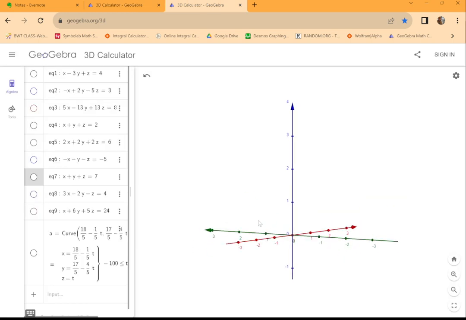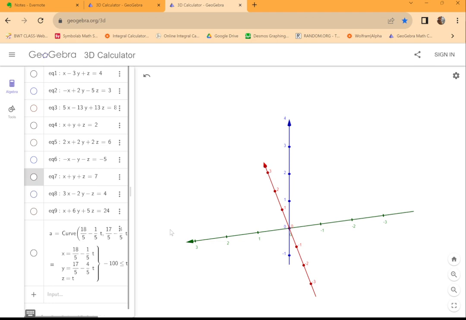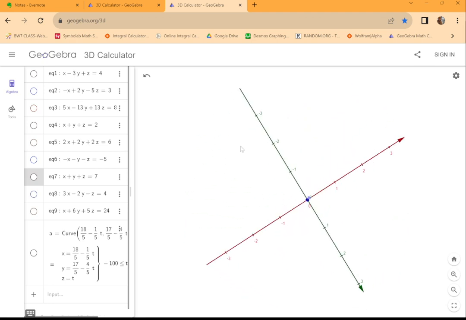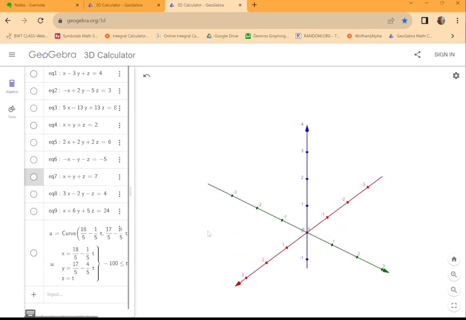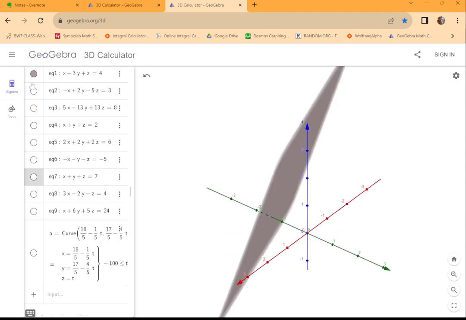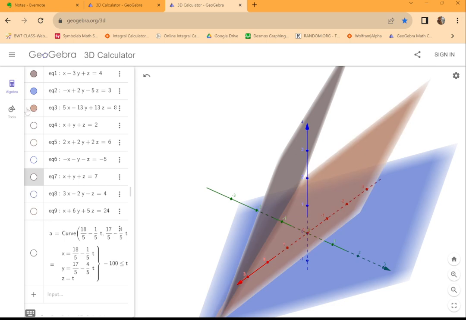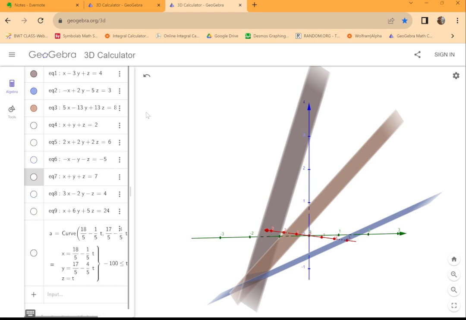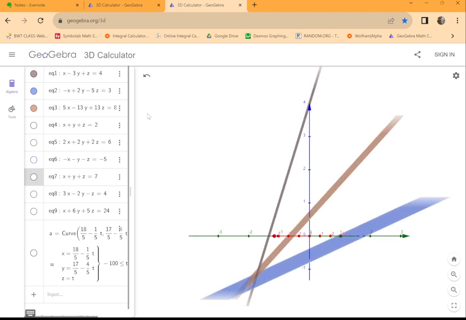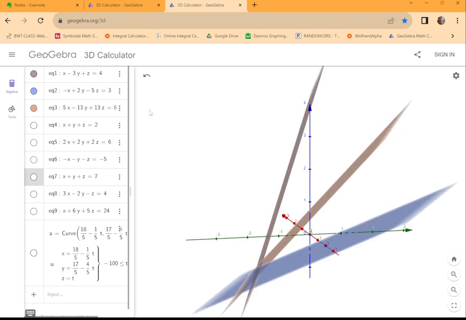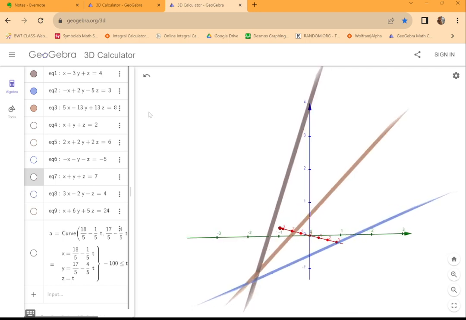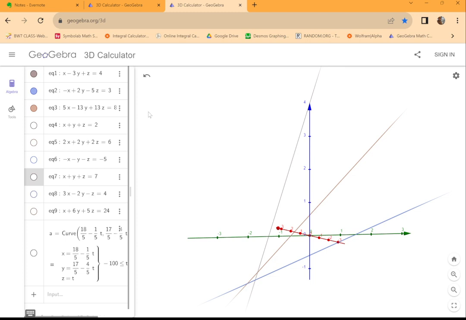So here we have our coordinate axes. And now here I have pre-graphed three planes. What I want you to notice is that these would correspond to planes that are inconsistent. They don't have a solution, and we can see the reason they don't have a solution. If we look at a side view here,